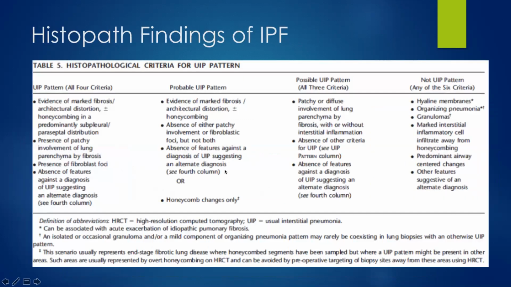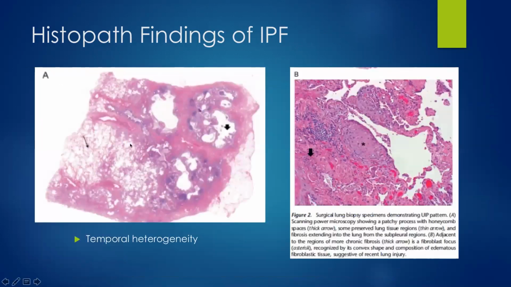If you do a biopsy, and I don't know if this would ever come up on the medicine boards, it definitely comes up on the pulmonary boards. The classic thing that will always show up in a board question is something called temporal heterogeneity. This is a lung biopsy specimen. This is normal lung, with nice little thin, small alveoli. And this is fibrotic, with dense, collagen-filled spaces, totally abnormal looking.